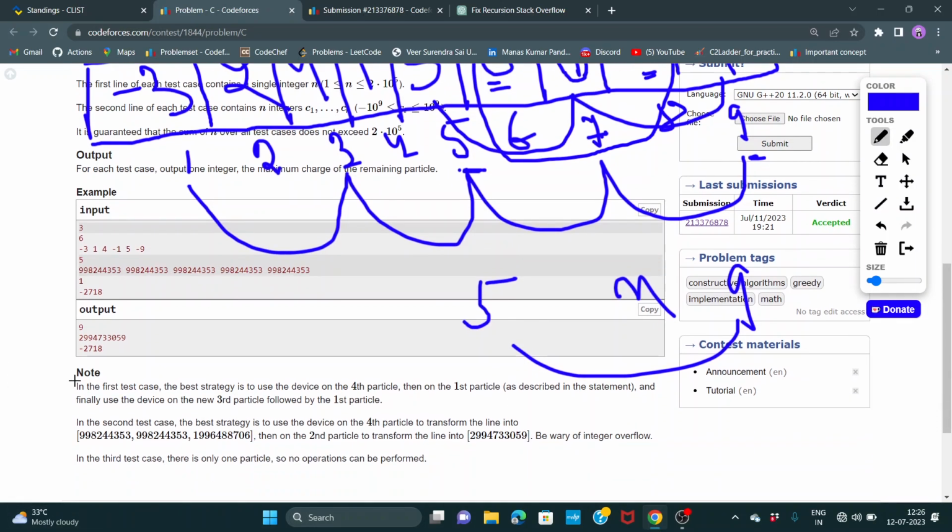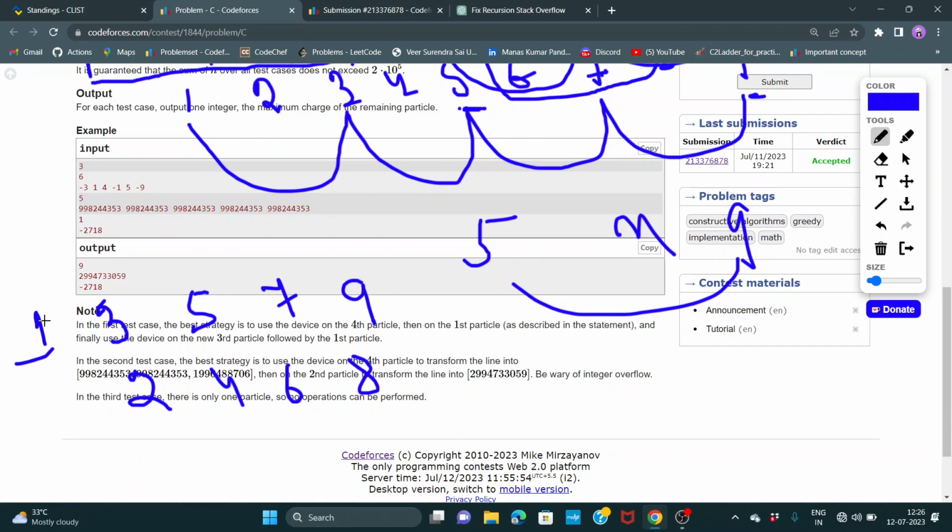And I can add the first, third, fifth, seventh, 9, otherwise 2, 4, 6, 8. So in this scenario I can add 1 with 5, or 1 with 9, or 1 with 7, or